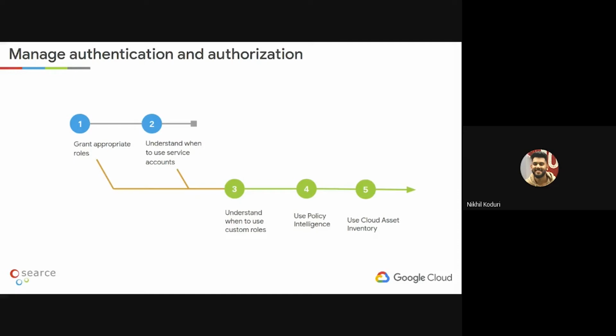And finally, we have the Cloud Asset Inventory. It provides an organization-wide snapshot of the inventories in my Google Cloud. I can go through them and get all the data and all the audit data, all the changes that have occurred and all the resources that have been deployed in the Google Cloud inventory. I can monitor them, I can get a log out of them, and I can analyze them.